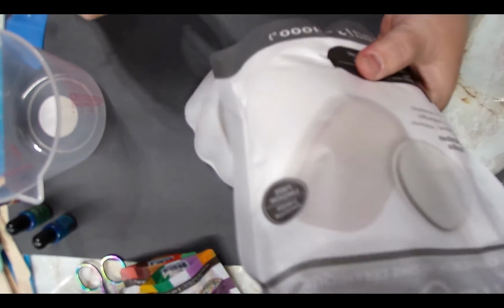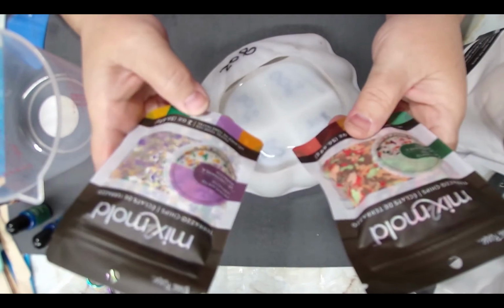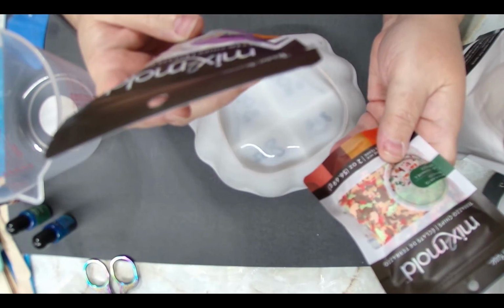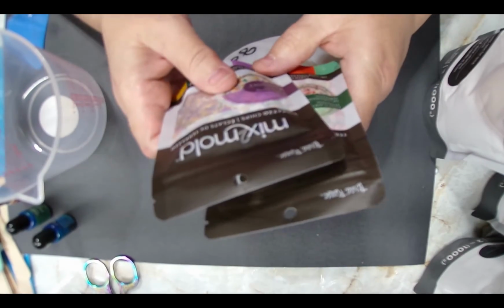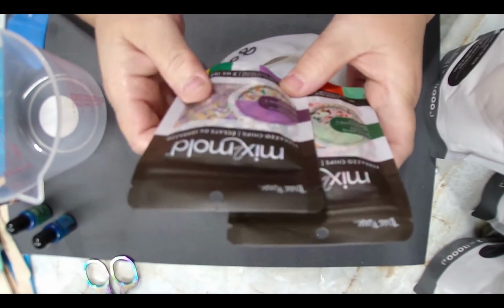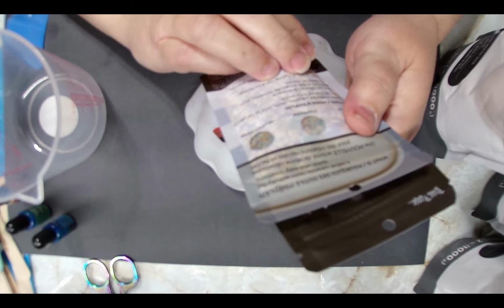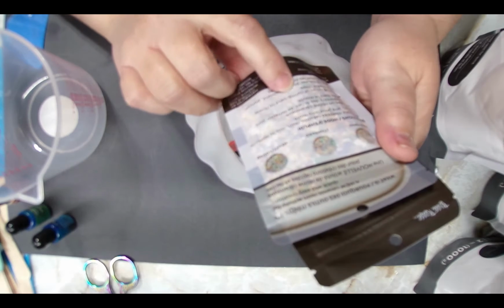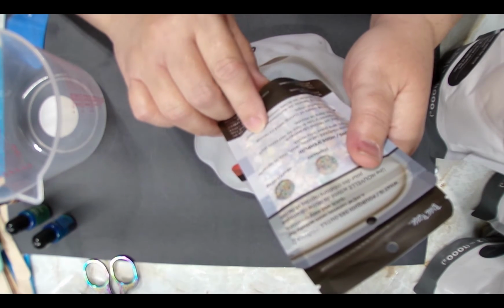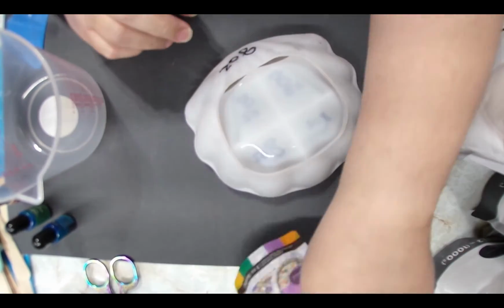I brought 3 bags because they didn't have the big 5-pound tub. So, they did not have that. And I also picked up 2 of these. And this was the last one of... Which one? This one, I believe it was. And they only had 2 of these left. So, I just got 1 of each. I don't even think I'm going to use it in the Mix2Mold. I think I'm going to use this in my resin, honestly. Because it says when you put this in here, you have to sand to bring out the chips. After 48 hours of curing, sand to reveal the colorful chips. I might try it on a flat surface like a coaster or something, but not in...